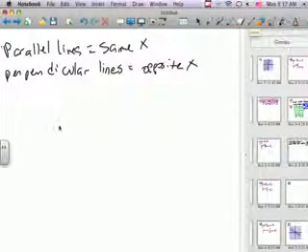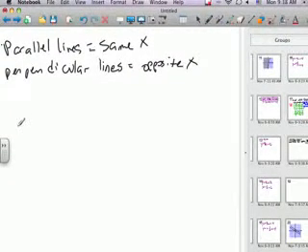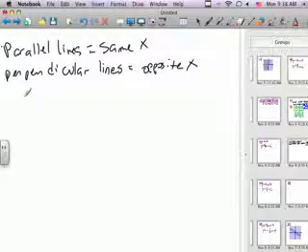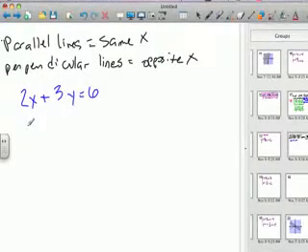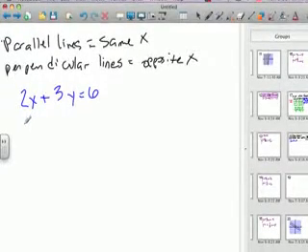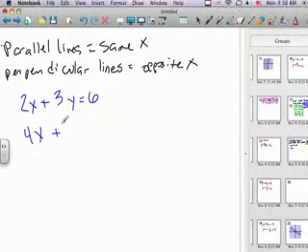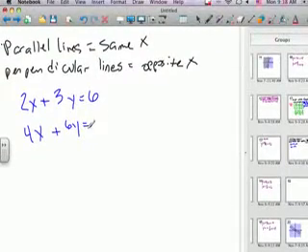Okay, students. Now, we're talking about perpendicular and parallel lines. Both of them have to do with point slope form. So, one thing is if they give you two lines, like 2x plus 3y equals 6 and 4x plus 6y equals